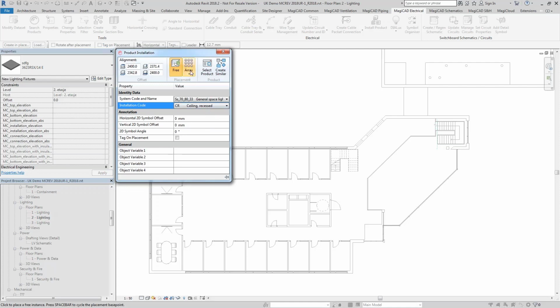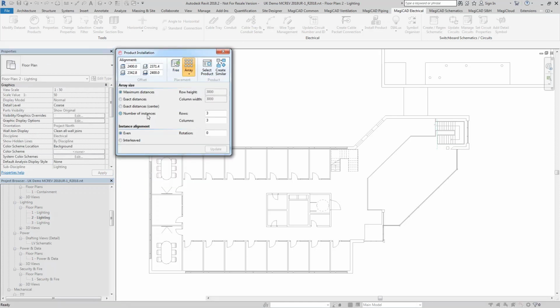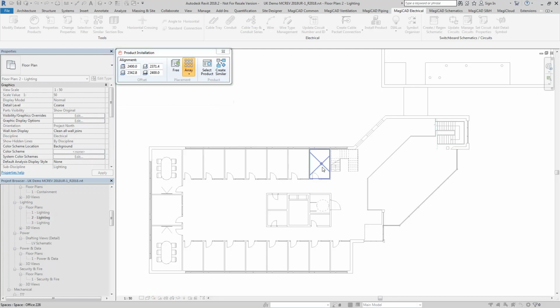Additionally to that, you'll notice we also have this array function here, and what this allows me to do is, obviously I've got different methods of using this array tool. For now, I'm just going to concentrate on select space, and I'm also just going to concentrate on number of instances just for speed. Obviously, you can use different methods to position your arrays, but in this case, I'm just going to have a quick example. So here I can see that I'm going to put a number of instances, 1 column, 2 rows into these offices here. I click on the space itself, and then